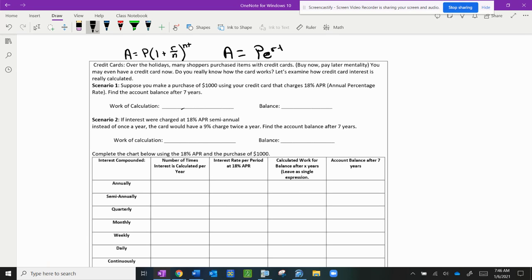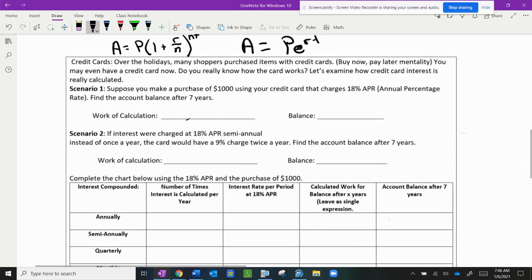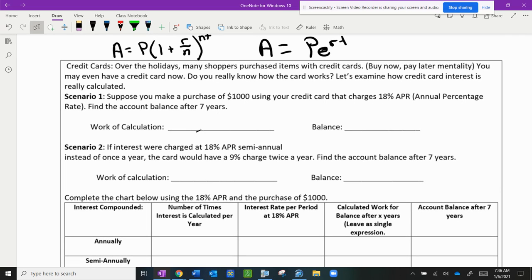And this scenario that we're going to go over is credit cards. So this is not going to be one where we're going to be saving money. This is going to be one where we owe money. So the first thing we're going to do is talk about a shopper that borrowed money on